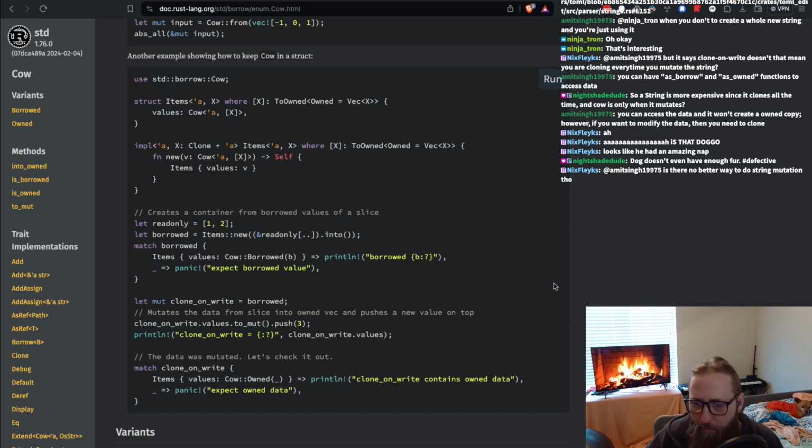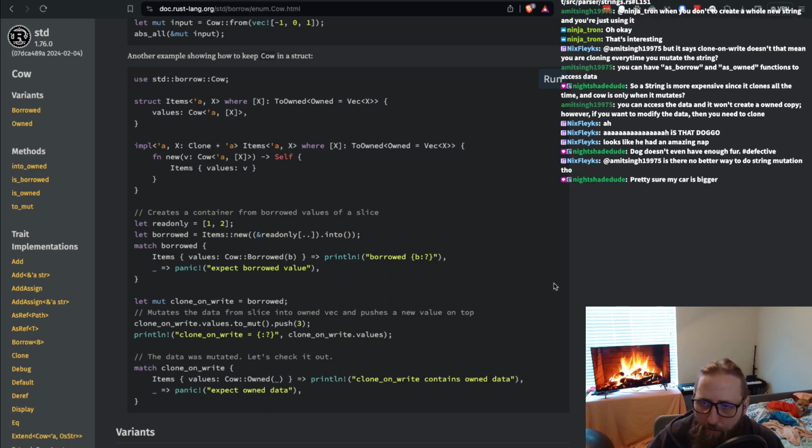Is there no better way to do string mutation, though? I would imagine there's something better for string mutation if you wanted high performance, but